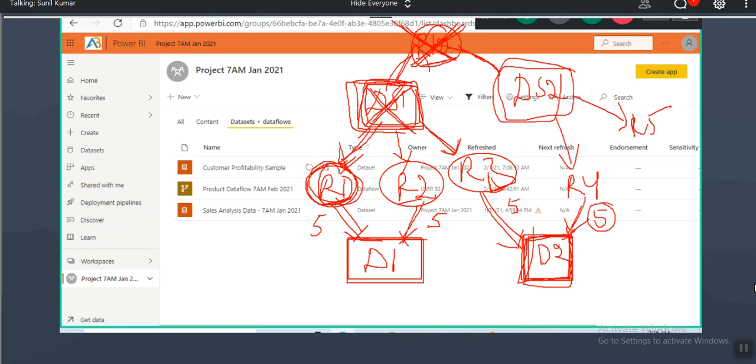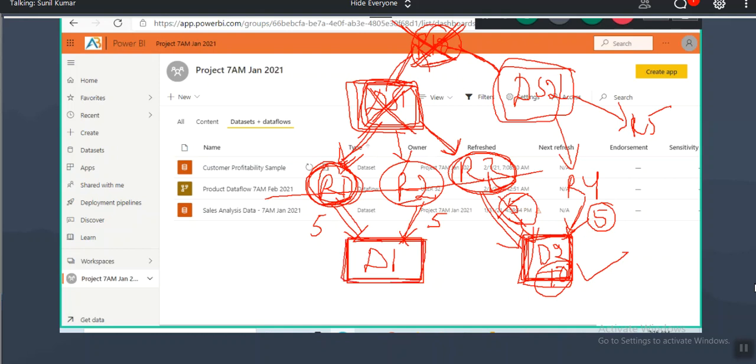So when you delete any data set, reports will be completely deleted. In the dashboard, the visuals from the data set will be deleted. From this data set in this dashboard, totally 10 are there, right? Among 10, 5 visuals we kept from this report. Those 5 visuals will be deleted. The remaining 5 will be there.